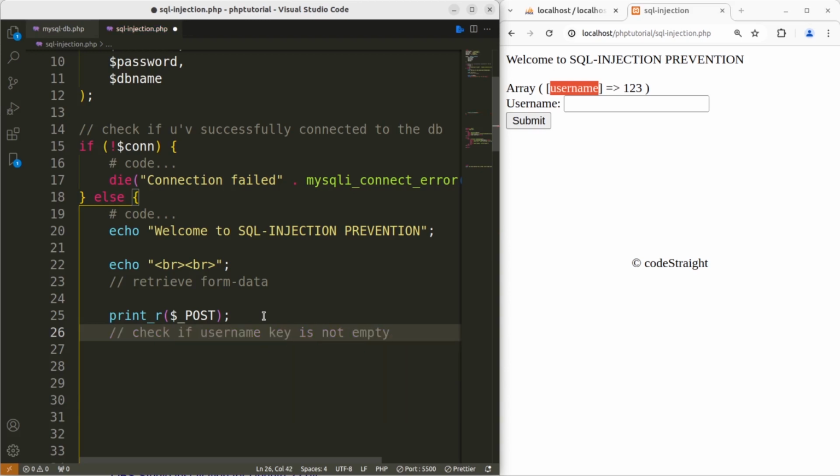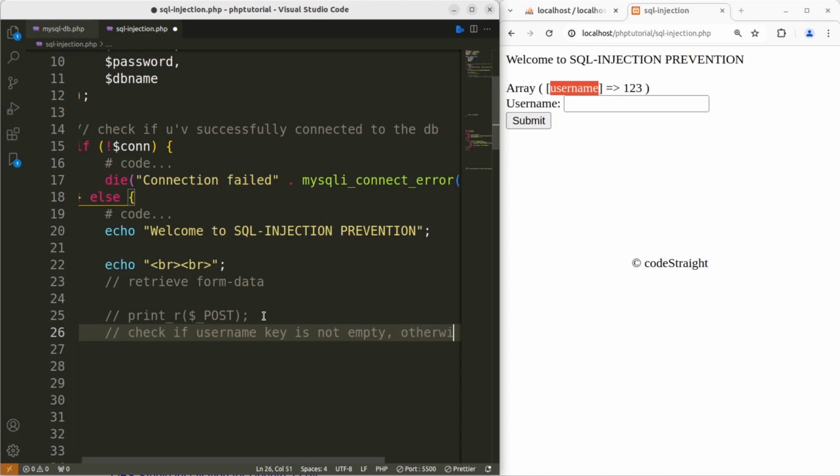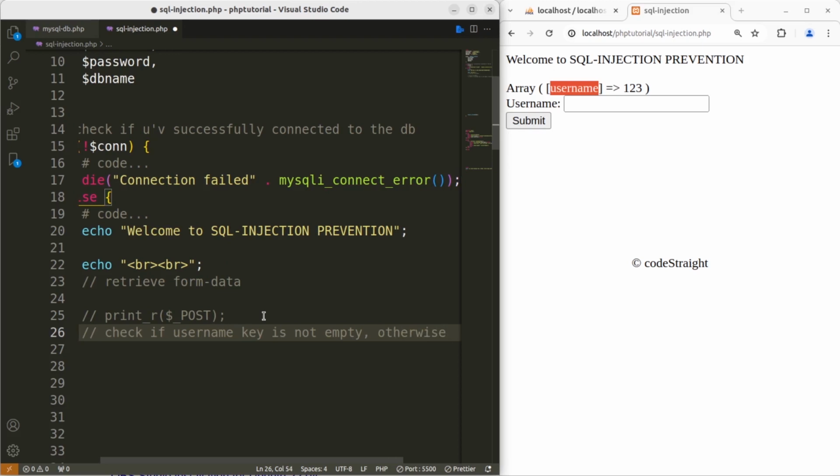Let's comment that out, go to the next row, and let's comment that out as well. And I am gonna add here and say if it's not empty, otherwise 0